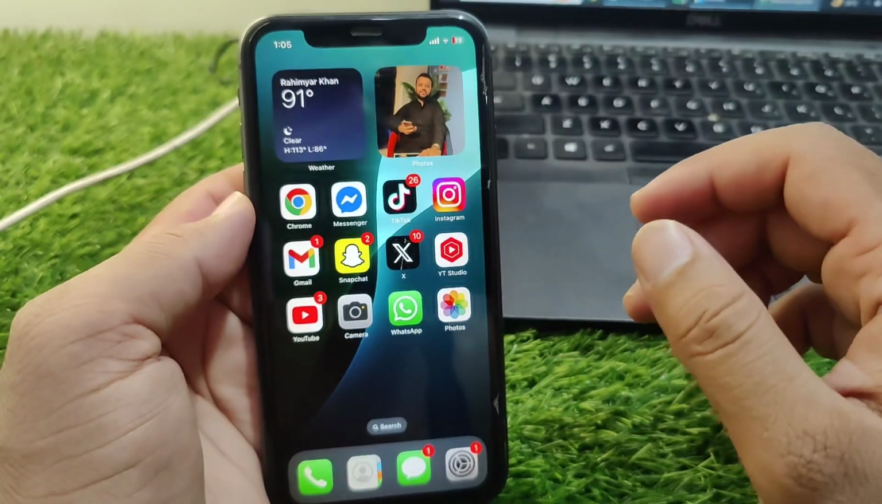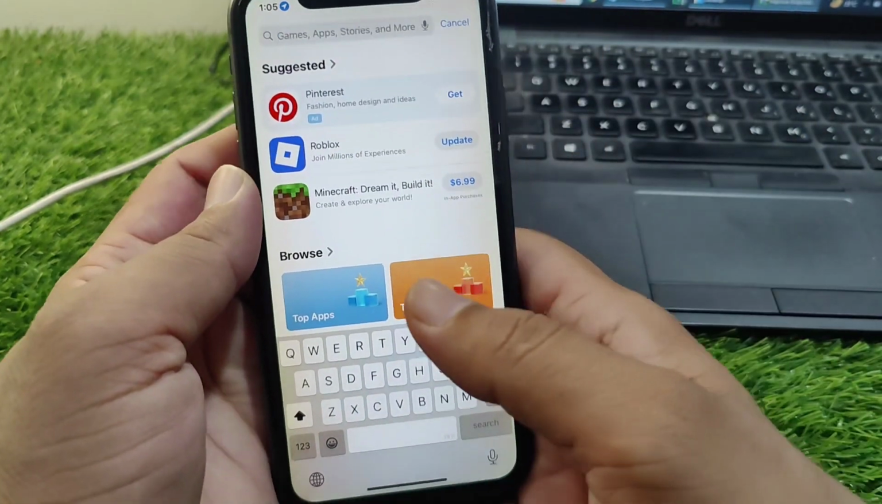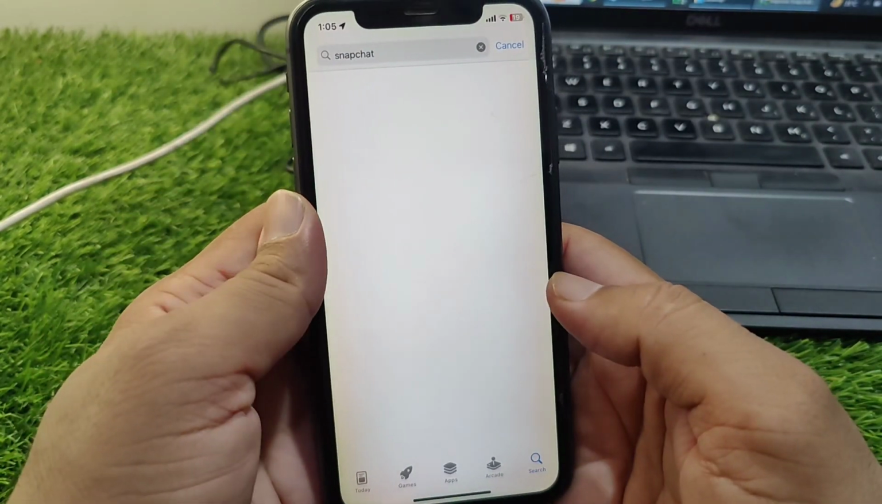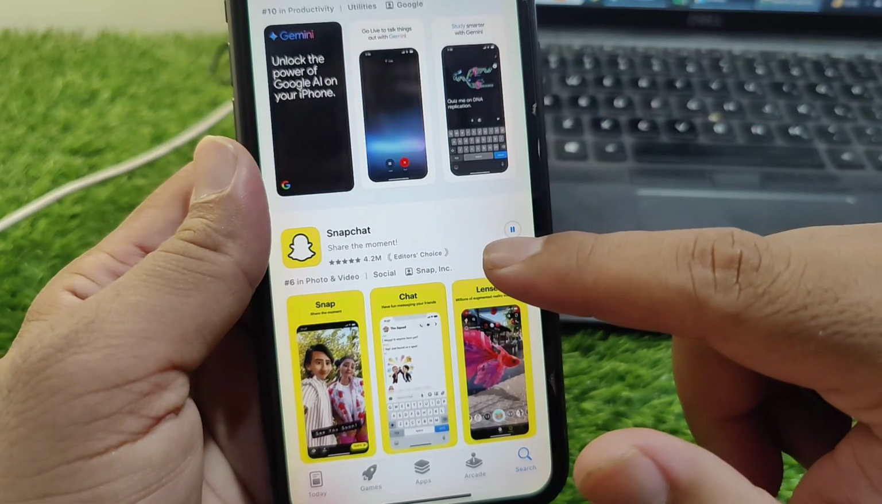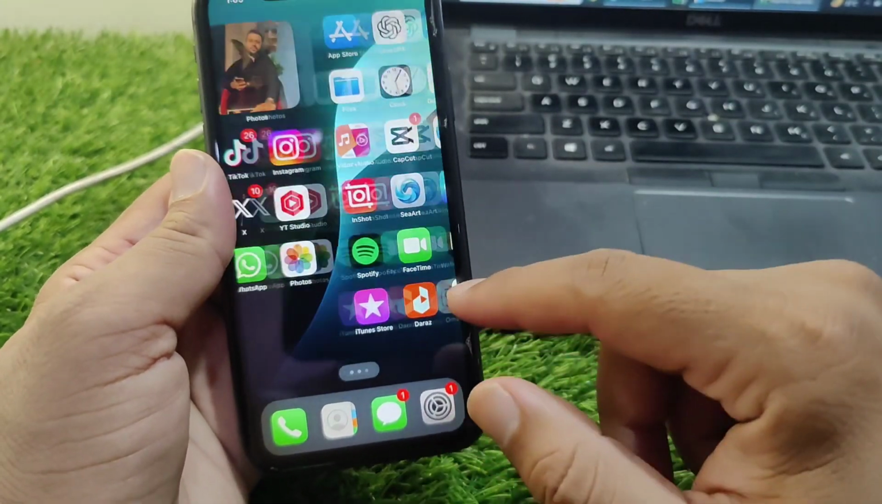So guys, simply do this, and after this go back and open your app store and search for Snapchat and download the latest version of Snapchat app on your device as well. So guys, do this, and after this go to Snapchat,